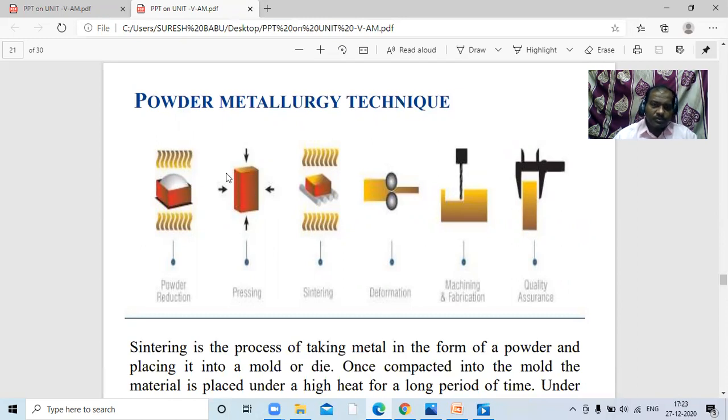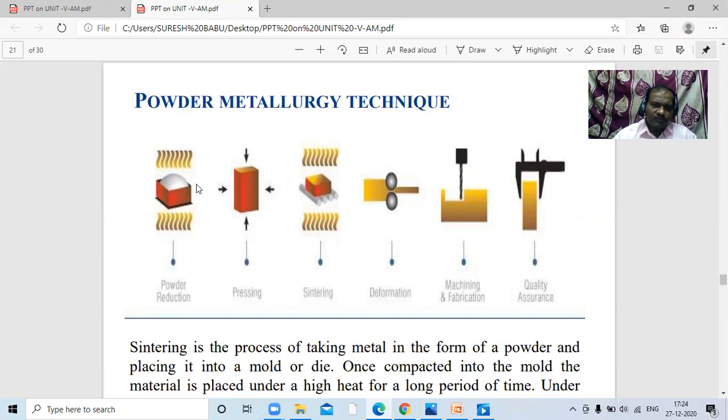By using that press we press the powder. By application of pressure, shown in the form of arrows, the length is increased and the width and breadth are decreased. Thereby we get this type of product.